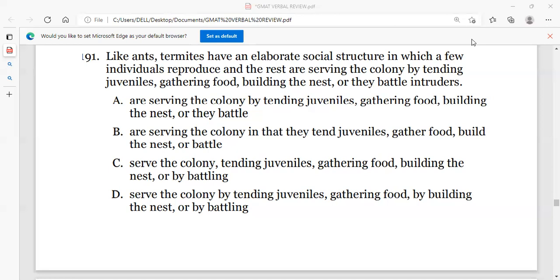So if you look at the sentence, we see that the sentence says,